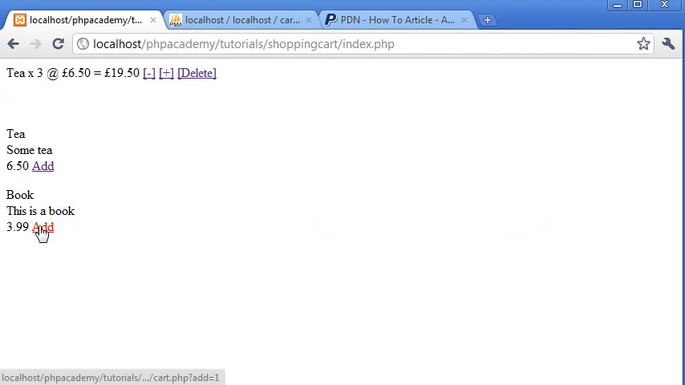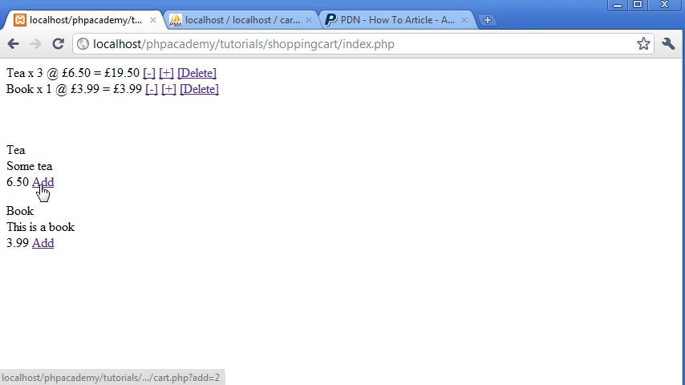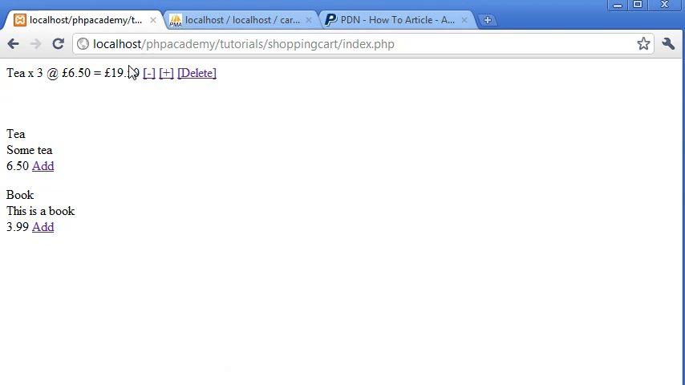Okay, so now let's add a book again. Now if I was to add some tea, this quantity will go up to, well, nothing at the moment because we've hit a maximum. Let's get this down to 1. We can use this button to add, this button to take away, and this button to add as well. And now we just need to create the delete one basically, which is going to